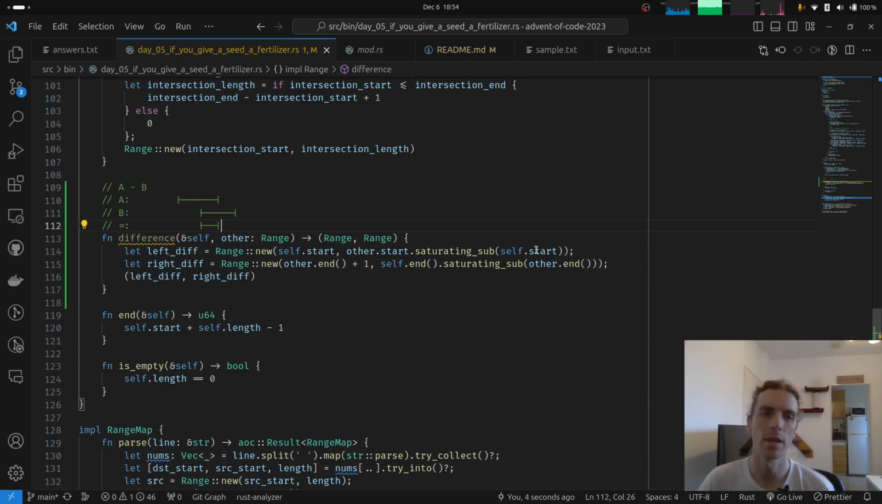And okay, let's think about what happens when things, for example, don't overlap. What happens when what we are subtracting is completely to the left of what we have? Then there should be no left difference, but there should be right difference, that is just the whole thing. So let's think about that. The left difference will start at our start, yes, but then it's going to be other end minus self end, so that's going to be 0, right? Because this is less than this, and we saturate, that's going to be 0, so no left difference. And right difference is going to be